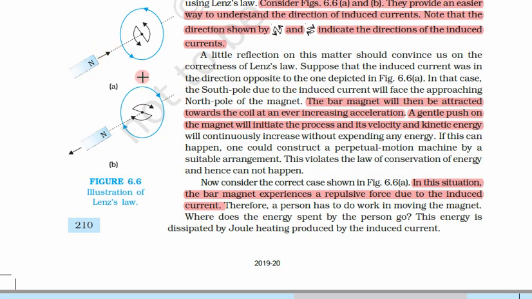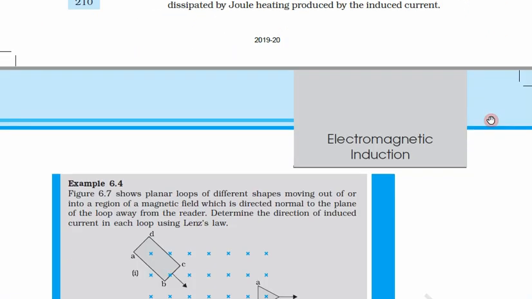But if the correct form of Lenz's law is valid, then this will become a north pole. It will try to oppose this coming. We have to put some extra effort. As we bring it close, we have to put in more work, and this work will generate a current which will be dissipated in Joule heating. Now we have understood Lenz's law.